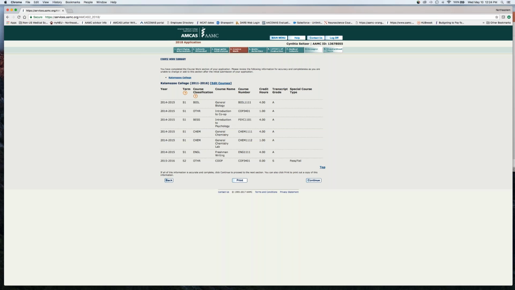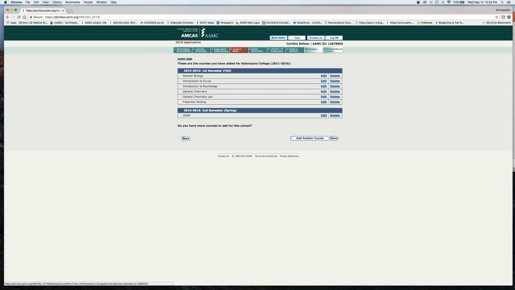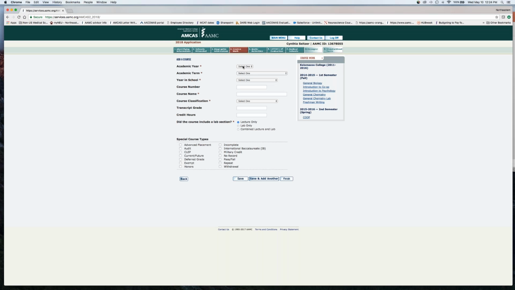So when you enter coursework in here, you're going to add a class. You're going to select the year that you took it. For academic term at Northeastern, we're on a semester system. If you took summer classes, you're just going to list them as summer semester, whether it was summer 1 or summer 2. In terms of year, it's a little bit tricky because they obviously don't list Midler. So there is